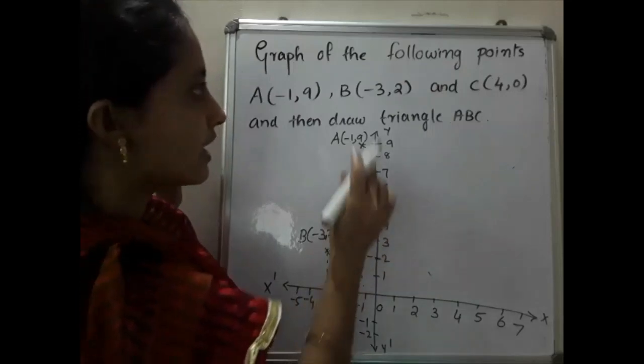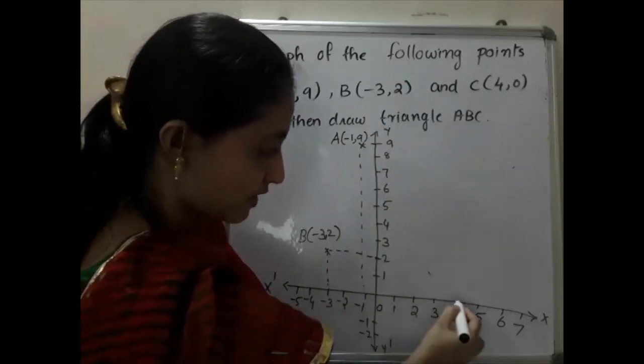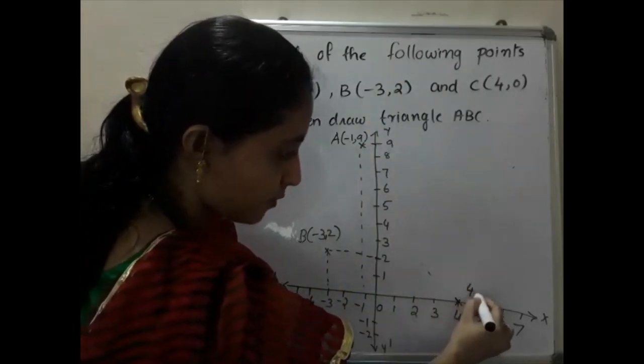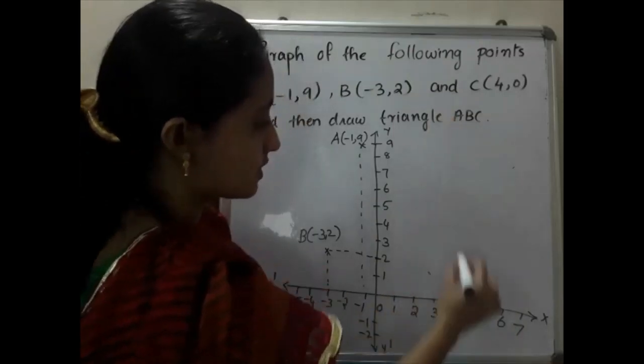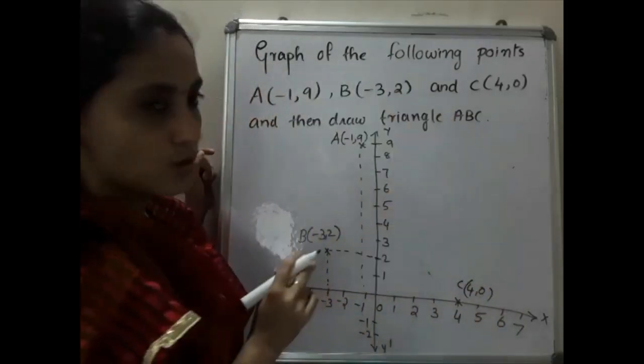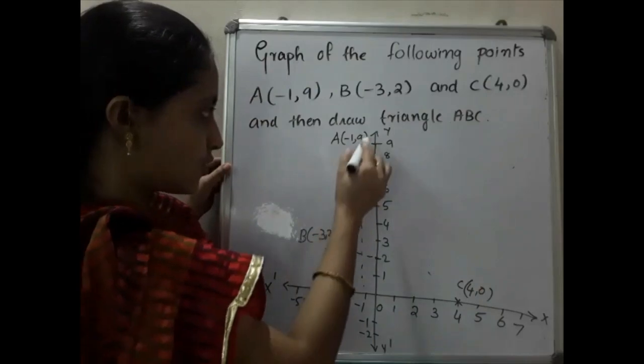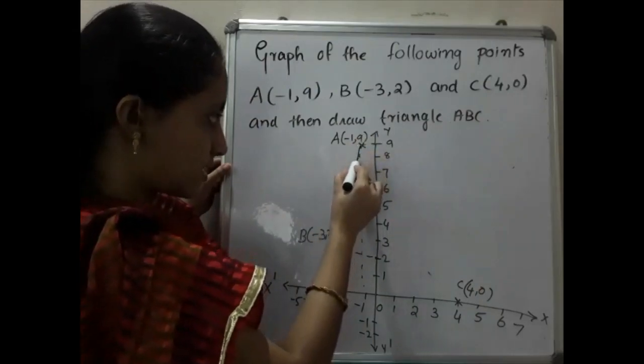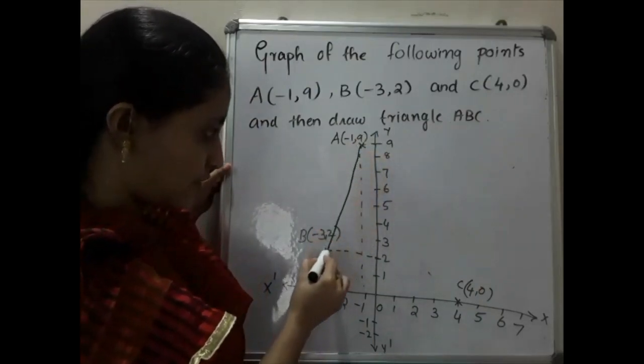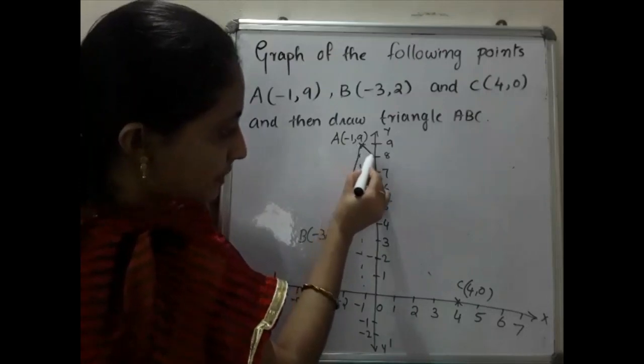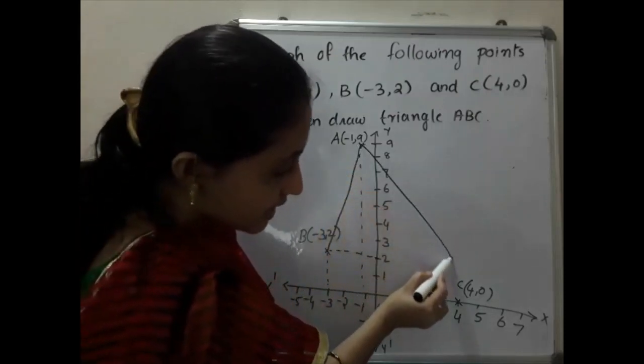Okay. What is the next point? (4, 0). 4, 0 means here. This point is (4, 0). That represents the letter C. Then you have to draw the triangle ABC. So you have to join these points, capital A and capital B first. Then capital C, capital A and capital